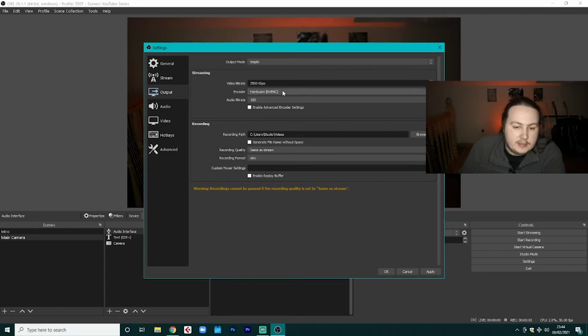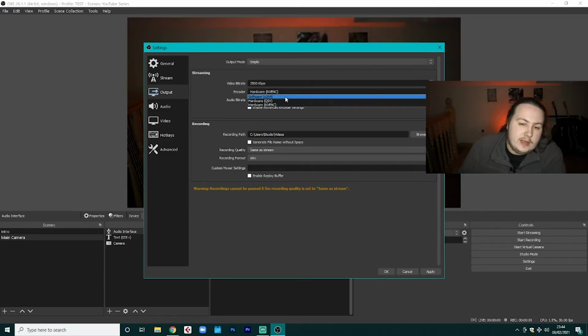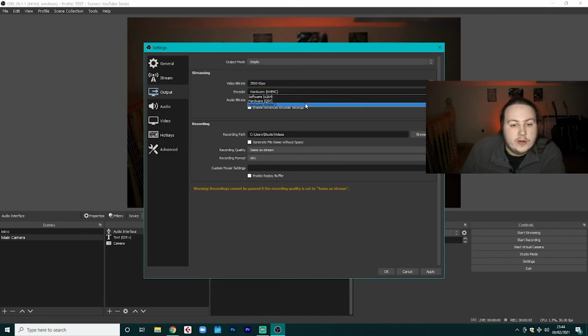That is basically telling OBS what part of your computer to use to encode the video while you're streaming. So if you click on here, it's probably going to be set to software, this x264. If you have the likes of an NVIDIA graphics card or another graphics card, it will give you additional settings. I have a 1050 Ti in this computer, so it's showing me this hardware NVENC,